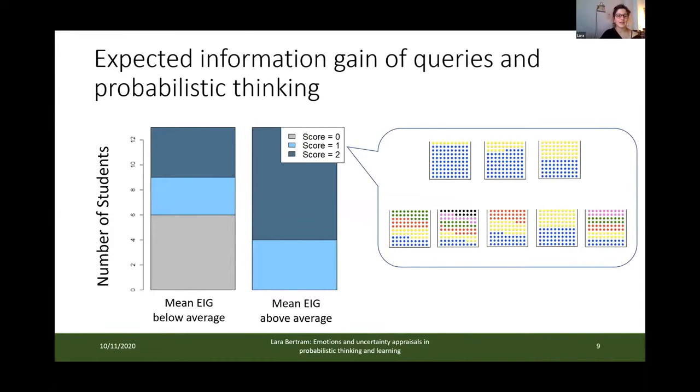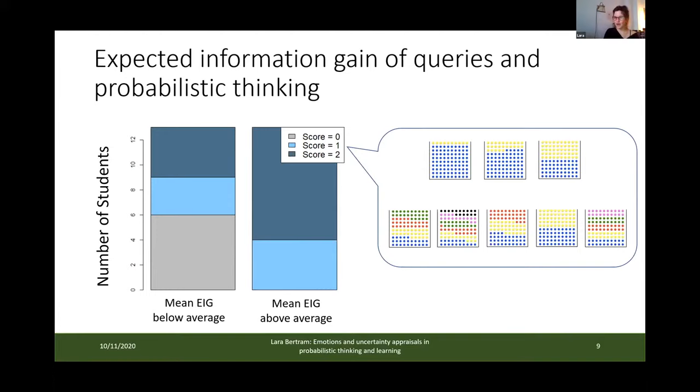We also see that there is a relationship between how well students do on these probability or entropy questions and how well they are at playing the game. So those students not doing so well on the entropy questions are also those who don't ask very good questions in the game. And why I present this finding in particular is that I think it's